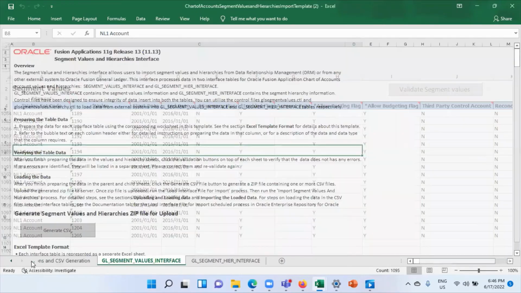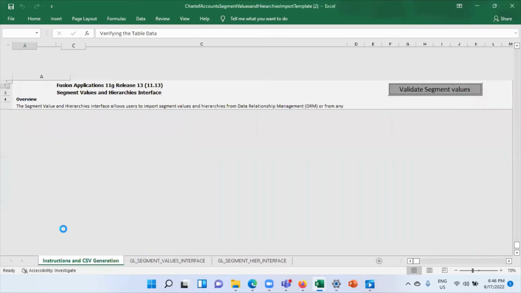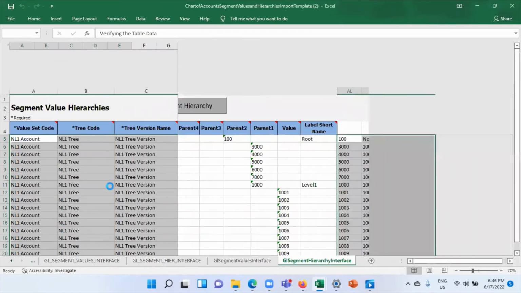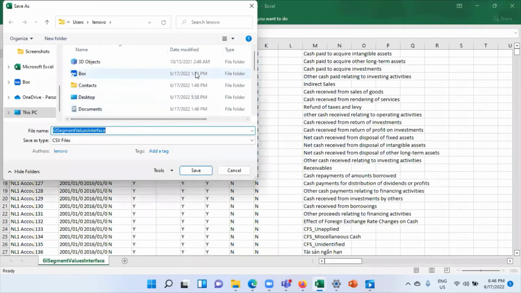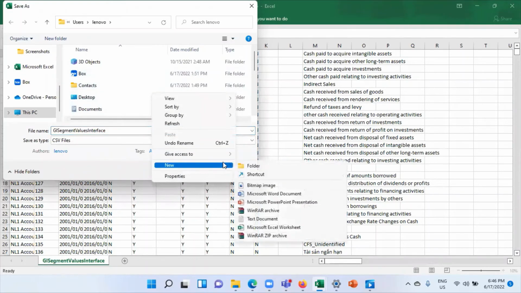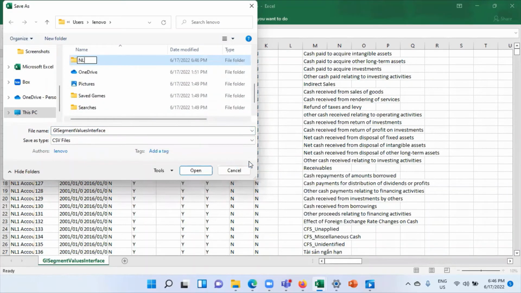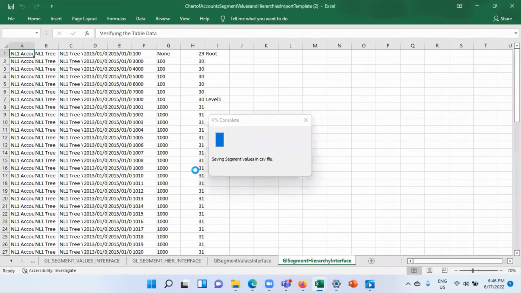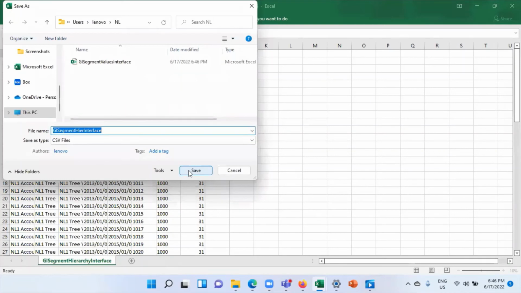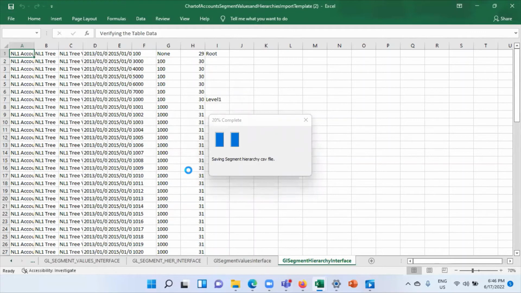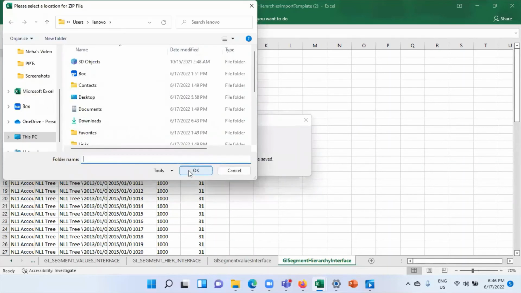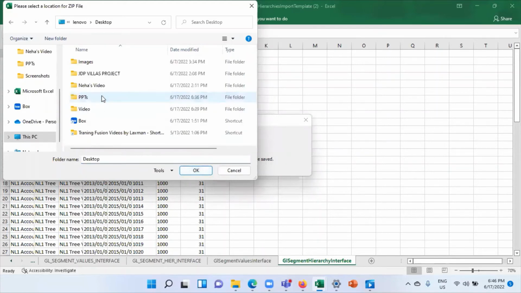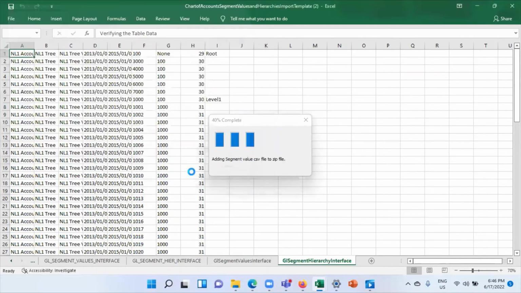Go to instruction sheet. Now generate CSV. Click on save.